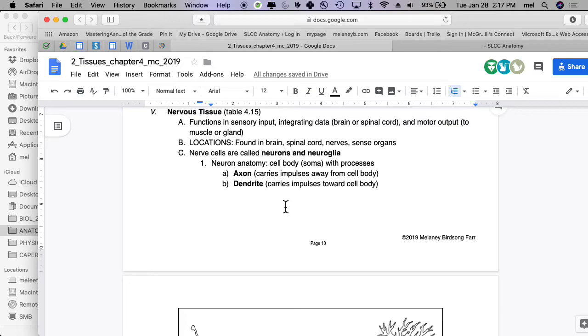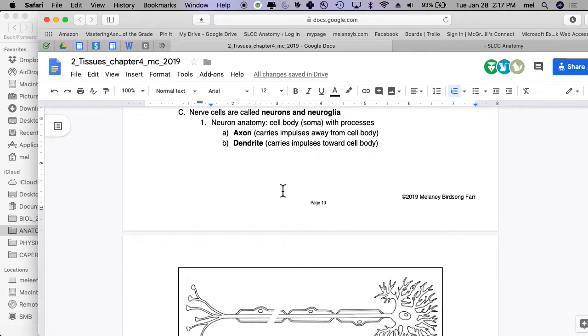Damage them and they're gone. Let's talk about the neurons and neuroglia just a little bit and talk about neuron anatomy, and then I'll let you guys go. So when you look at neuron anatomy, if you have a neuron that you can see all of it, which you usually can't, but if you had one that was super well stained and you could see the whole thing, you can have something that looks like